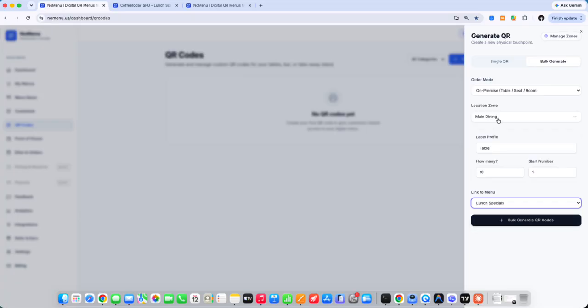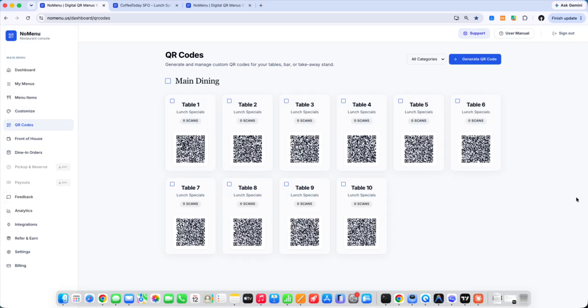You can also change the zone. Suppose it is a patio, you can create it; some of the list is there. You can manage here, add a zone like patio, bar, or anything of your choice, and bulk generate QR codes. As soon as you click that, 10 table QR codes are generated,